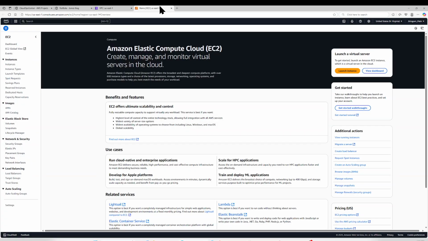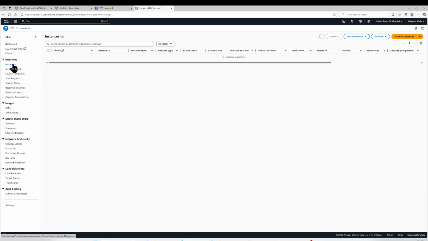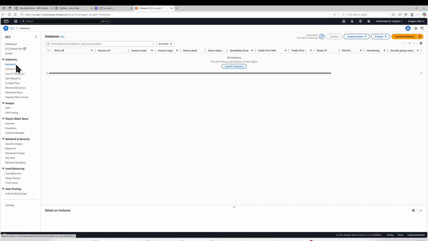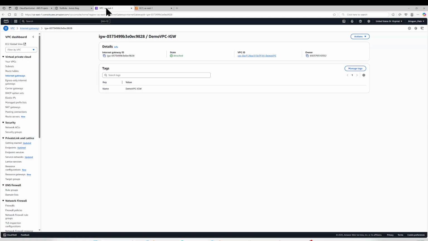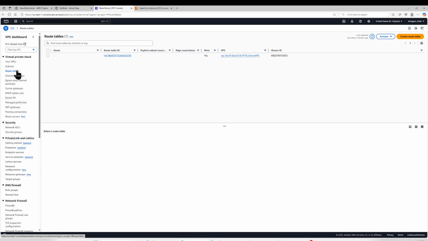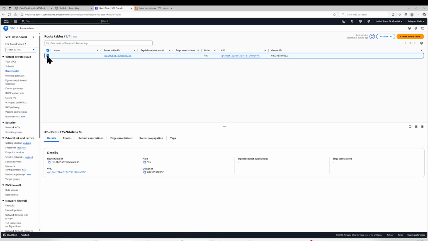And if we were to go ahead and create 2 instances, would they be able to connect to the internet? At this particular time, they would not be able to connect to the internet because we need one more thing. We need to update the routing table to make sure that we can get a public IP address or get